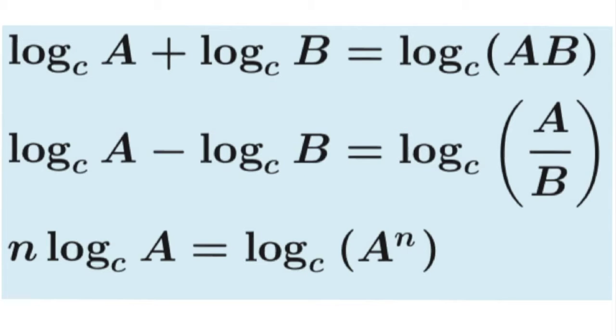The laws are the same, but there is a little difference. You have a base also. So when you apply the law, the base should be the same. So c represents the base. Same law with only the base. So if you have base 10, all logs should have the same base 10. If it's base 2, the base should be 2. You can't use the law for different bases of different logs.